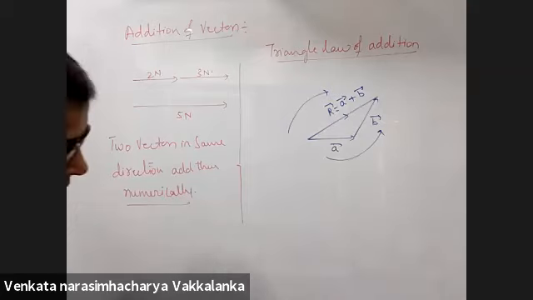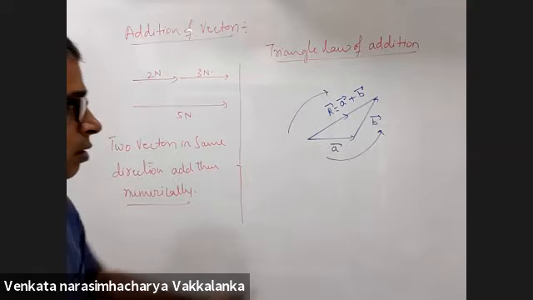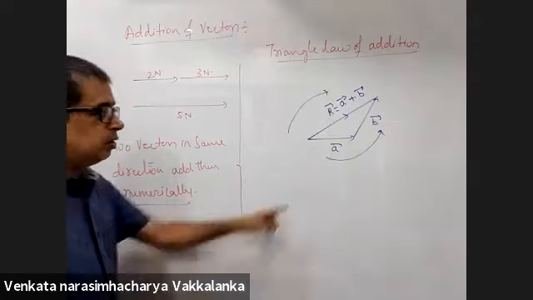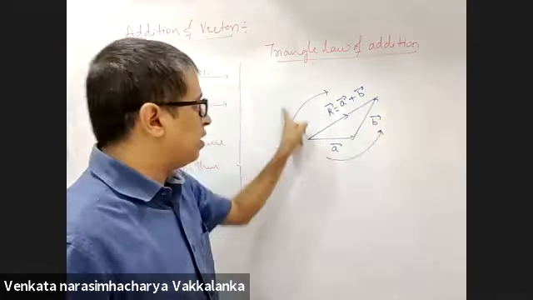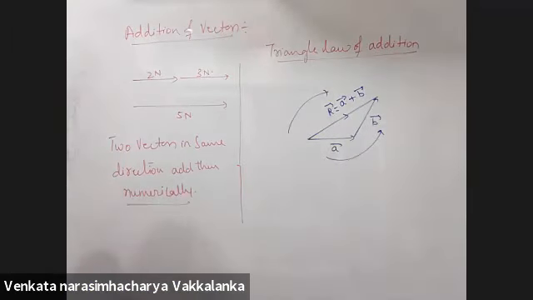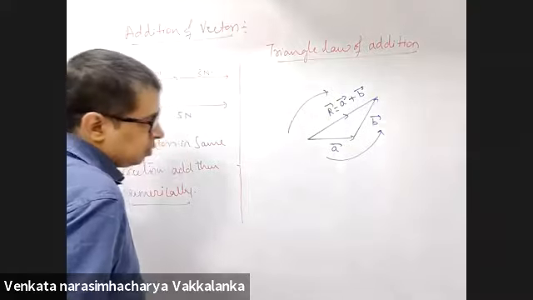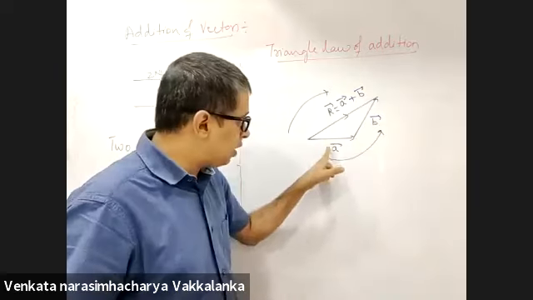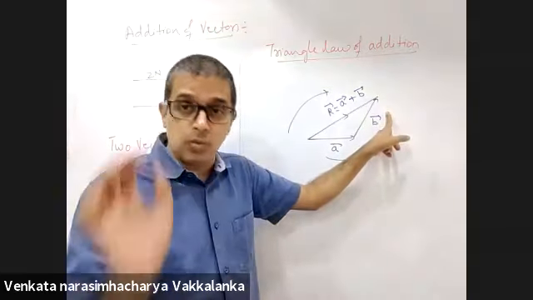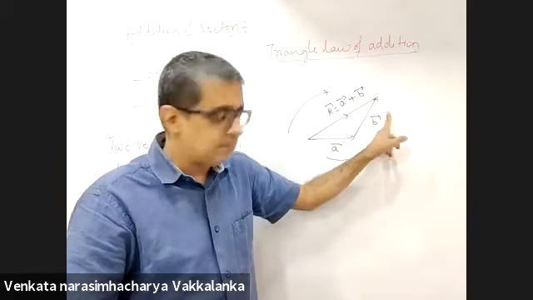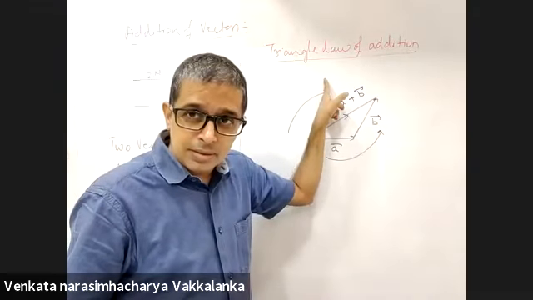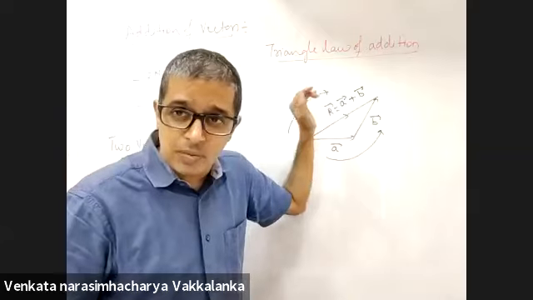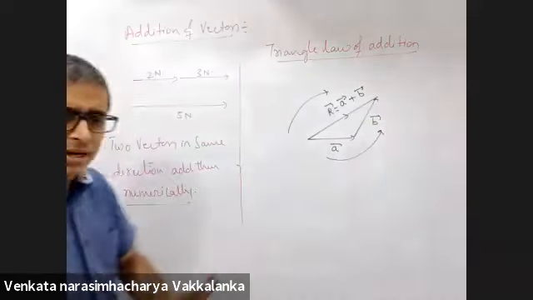Sir, I did not understand the in order and the reverse order part. These both are in anti-clockwise, resultant is in clockwise. When A and B are in anti-clockwise, resultant will be in clockwise. So basically the head of A should touch the tail of B. Anti-clockwise, head to tail. Why do you confuse yourselves? They both are in one order, anti-clockwise. Agreed? Resultant will be in clockwise. Simple. Make life simple.